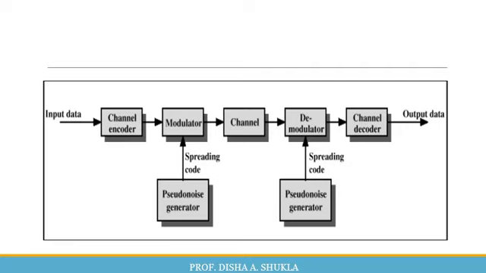But summing up the whole thing, spreading is necessary so that the narrowband signal that can be intercepted easily spreads throughout the bandwidth, and hence the chance of the intruder getting it becomes less and the noise added becomes less. So this is the whole idea about spreading the whole signal, and how the method is used. I mean, how using a pseudo noise generator you can add the spreading code to it and hence spread the whole signal.